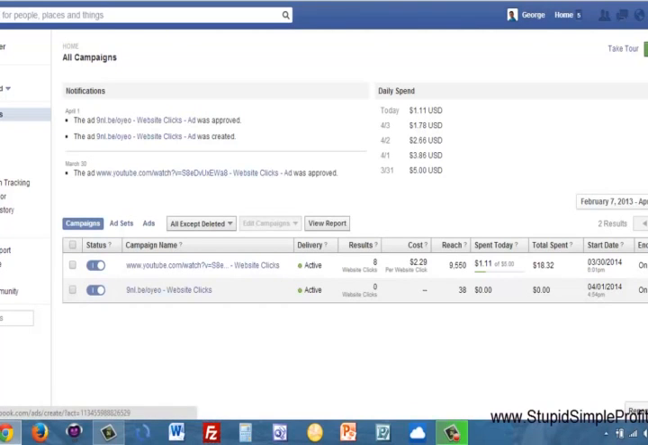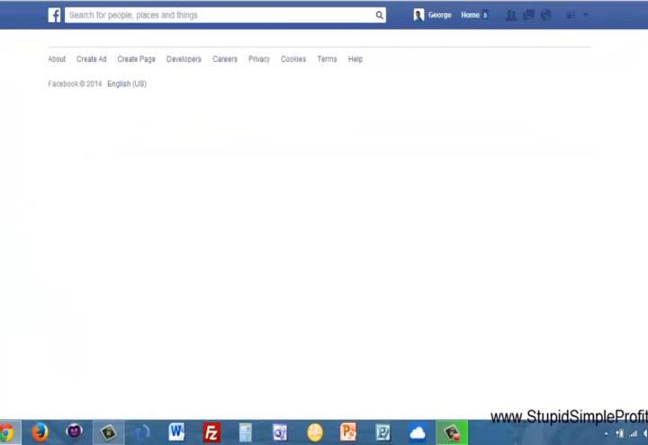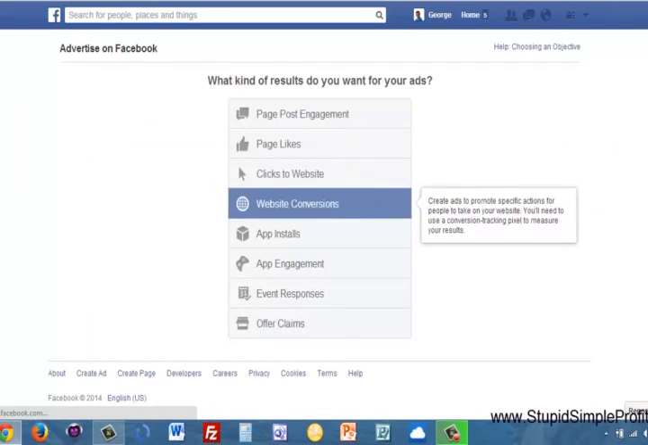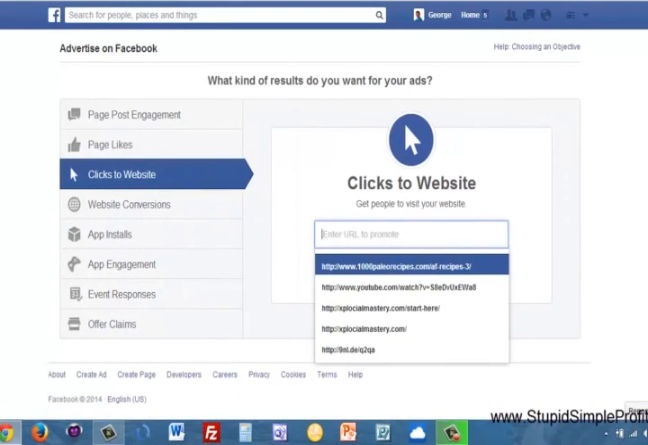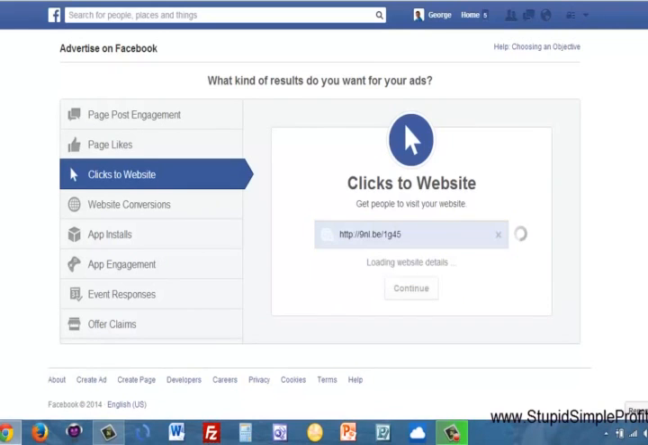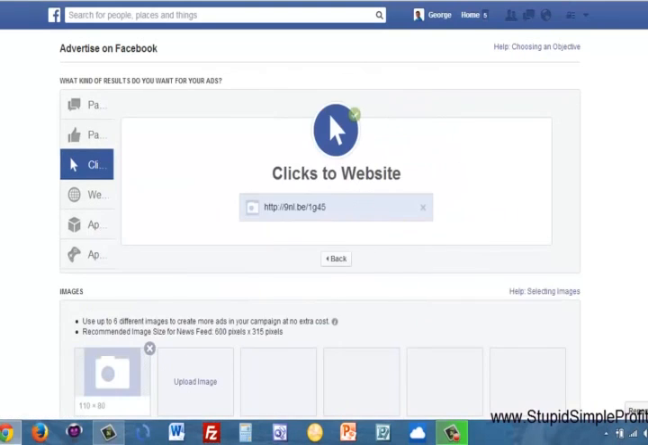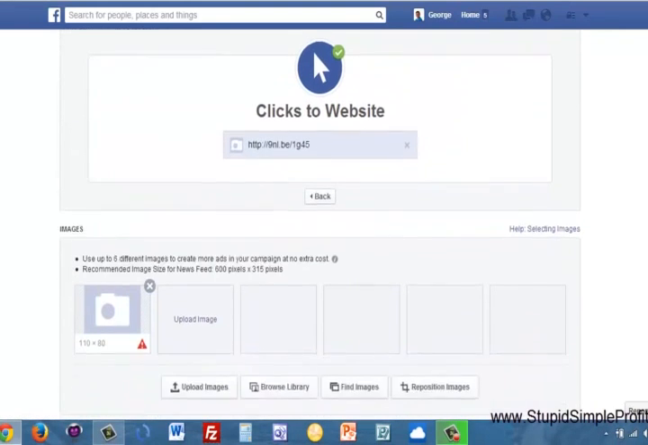We're going to go here and create an ad. And then if you go in here and actually go to clicks to website, right? Control V, you're going to pop that in there. And what it's going to do is propagate the website and pull some images off there. And this one happens to be,